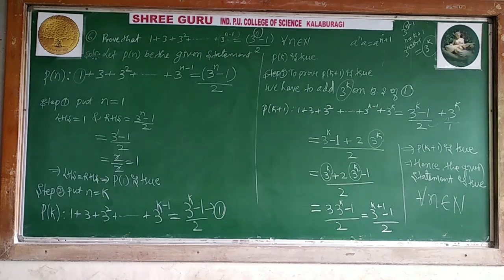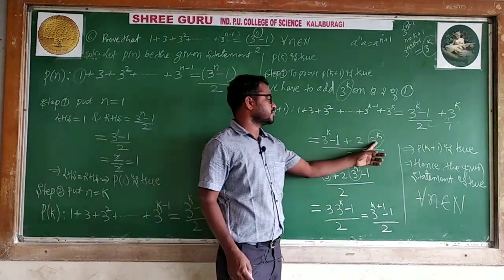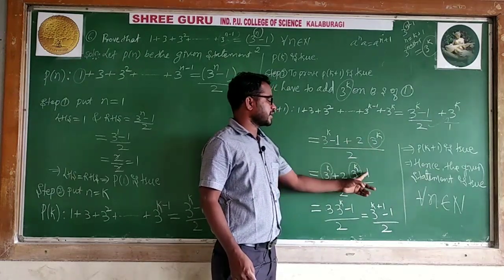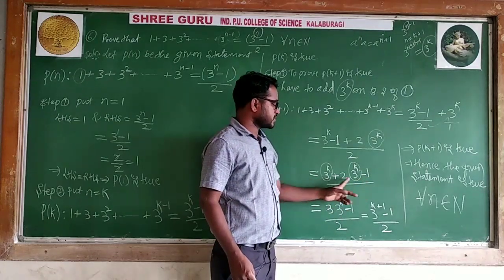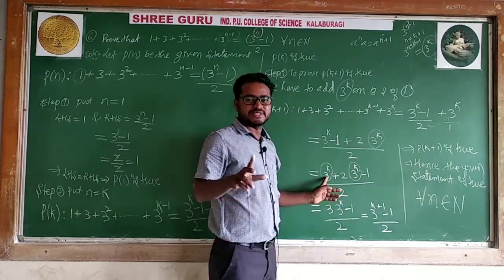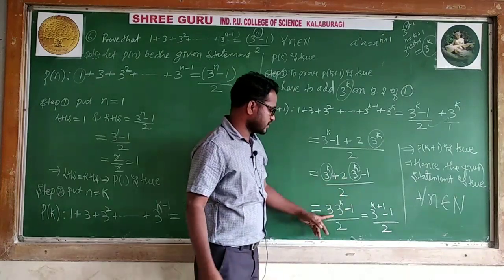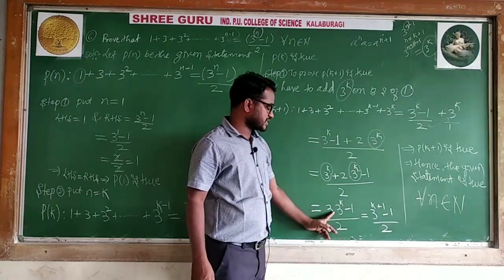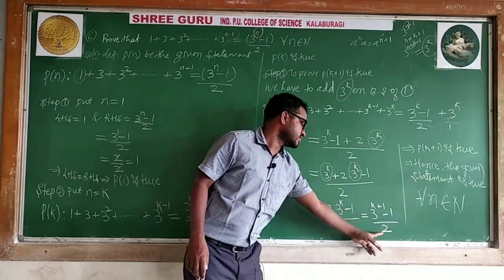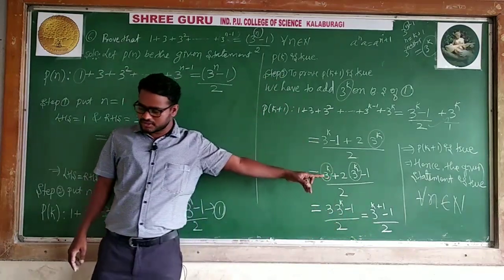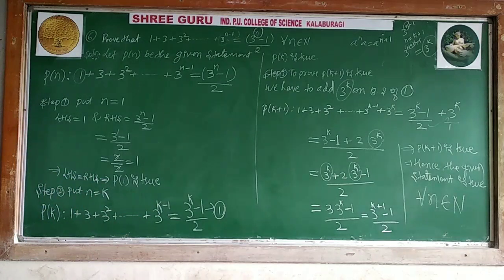3 to the power k and 2 into 3 to the power k are like terms. I wrote the first, this I wrote second, minus 1 I kept last, whole divided by 2. 1 time 3 to the power k plus 2 times 3 to the power k, addition of that is 3 times 3 to the power k, minus 1, divided by 2. Bases are same, powers you can add: 3 to the power k plus 1 minus 1 divided by 2. This is the required result. Therefore the given problem is proved. So this you have to copy. You have to write it compulsorily because we are not providing any notes.